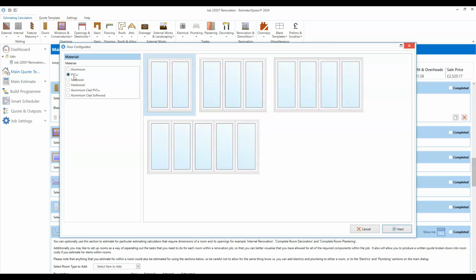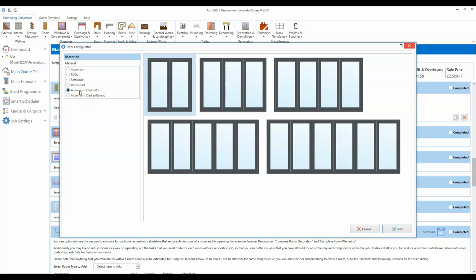So you will find with various doors that the options will change. And again, this is the same with the windows that we had in an earlier update. The options will change based on the material that you select. So I can pick my material. I'm going to pick a 6 panel door,